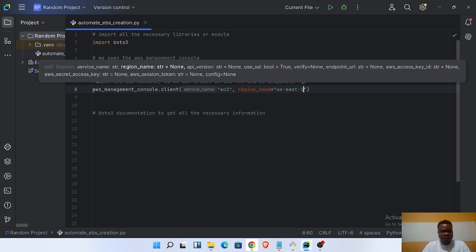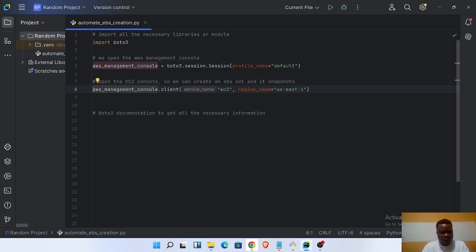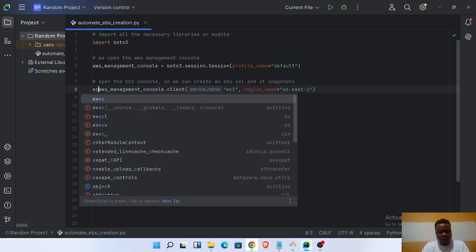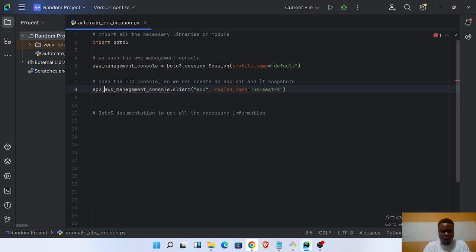So we need to save it in another variable. I call it EC2 console. You can call it whatever, but like I earlier said, I like to use proper naming convention. So now we have opened our AWS console, and through our AWS console we have opened our EC2 service or our EC2 console. From there we can proceed now in writing our script to automate the creation of an EBS